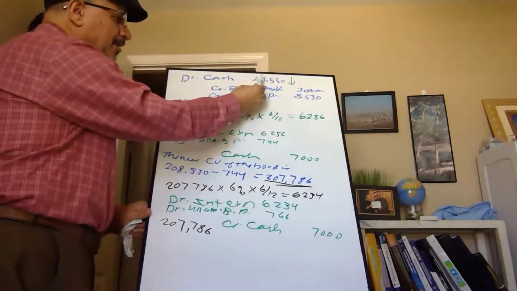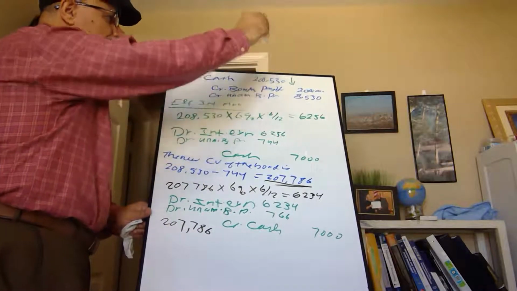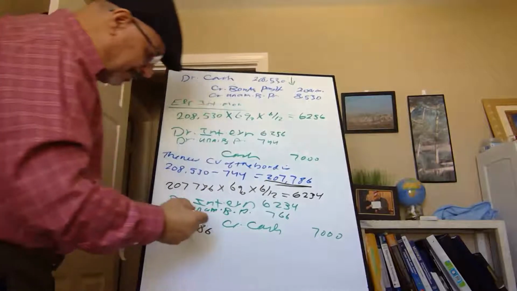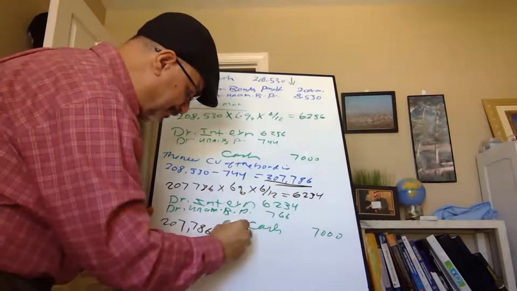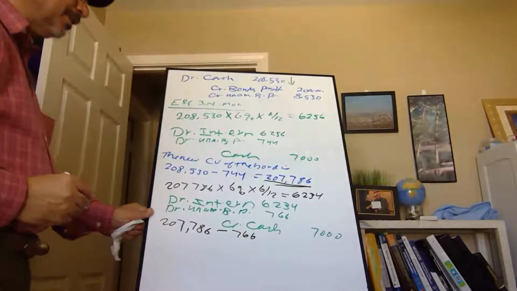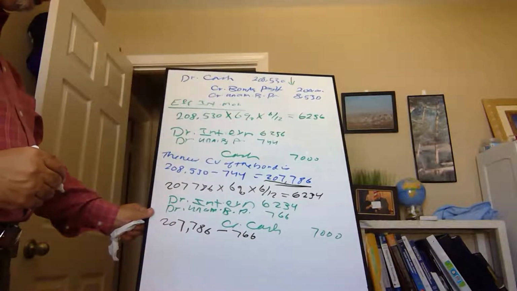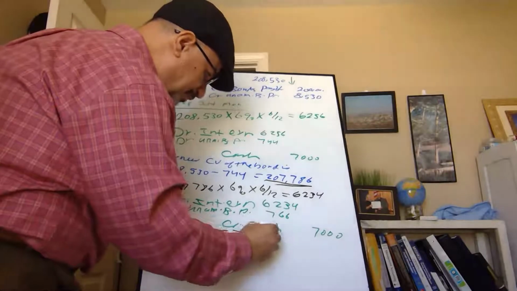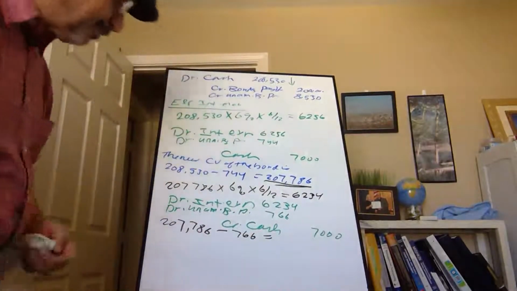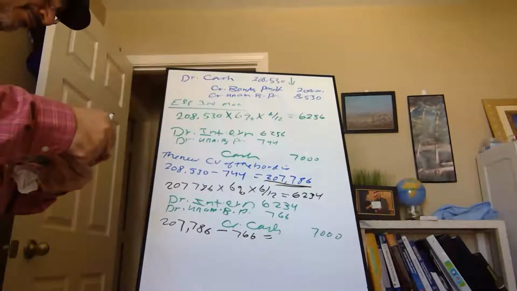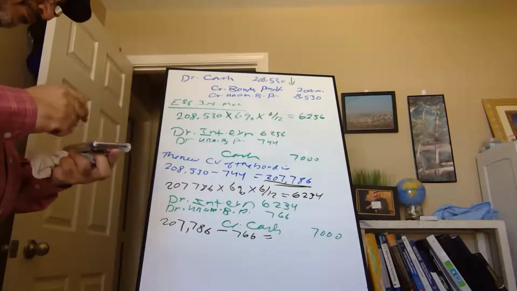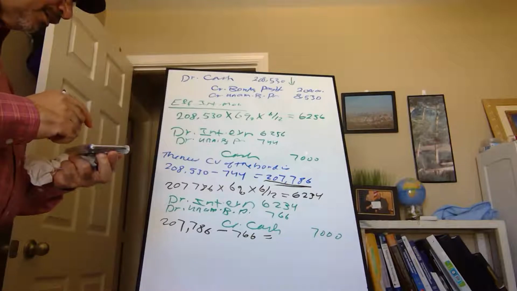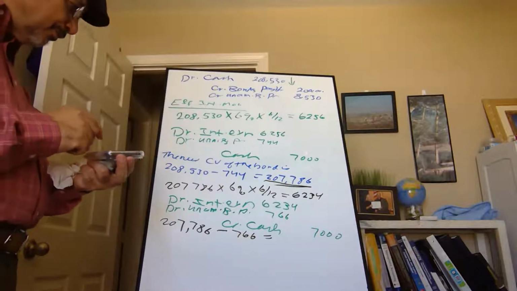The original issue price is going down. So 207,786 minus 766. That's what we amortized this time, and that is going to give us